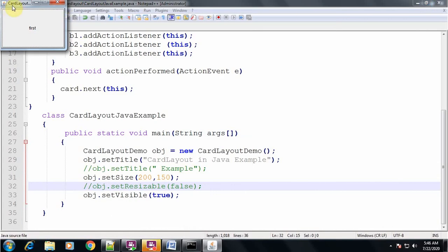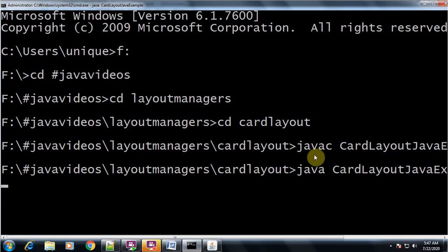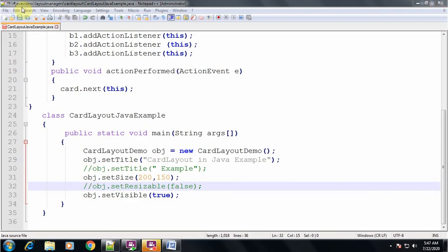In the constructor I have used the default constructor, so there will be no horizontal spacing and no vertical spacing. But I have removed the method setResizable; I have put it in a comment. I think I have not saved the program. I need to save this program. Okay, saved.